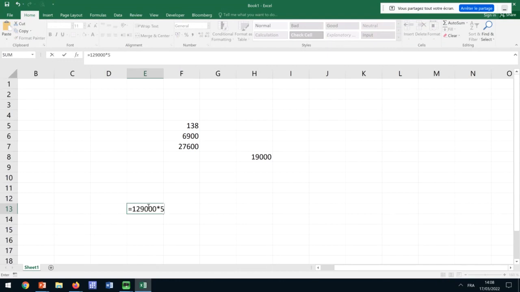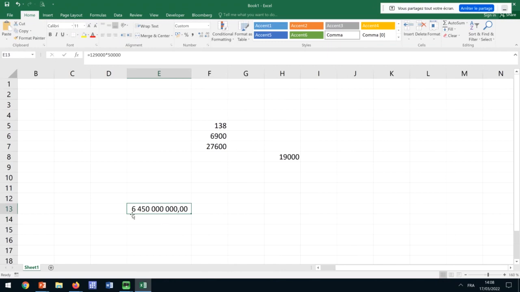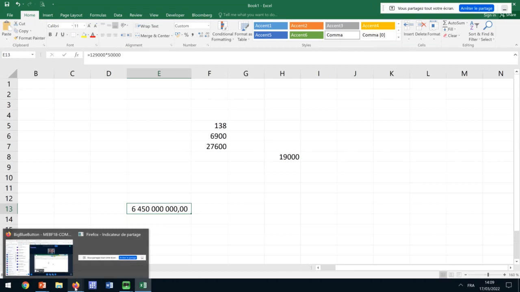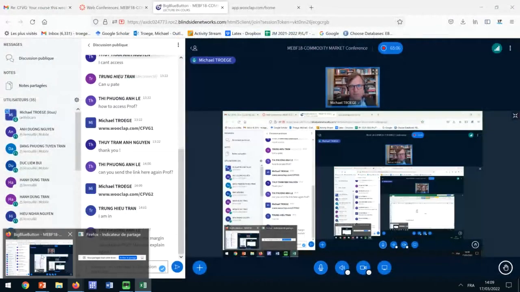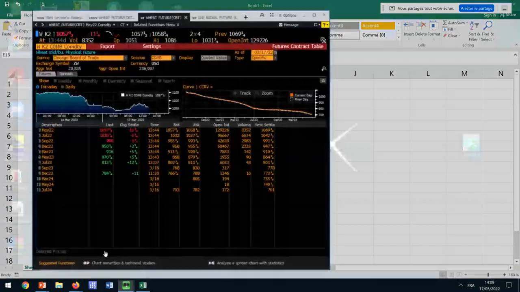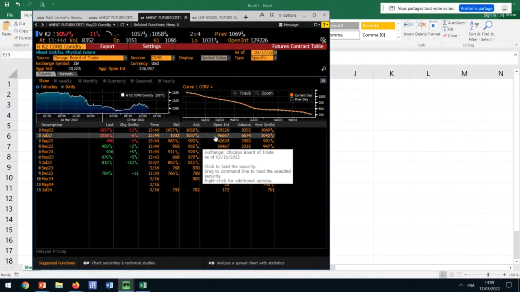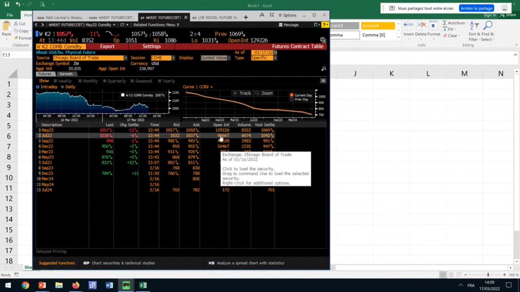129,000 times 50,000. Let me check. So that's 6 billion. That's 6 billion of wheat contracts that are outstanding. So you can see the losses and gains that will be realized if wheat prices go up and down. But you can see that, for example, the July contract, the next delivery date, is already